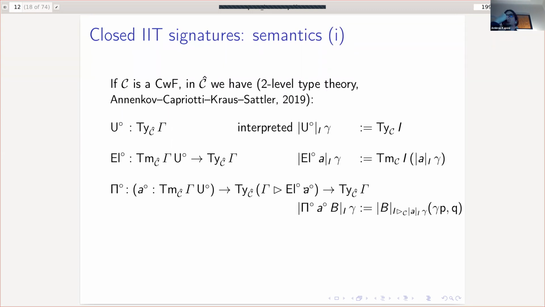Okay. So what is the semantics of this theory of signatures? We now know what a signature is. We've seen how to write down a couple of signatures. What we want to say, eventually, is what it means that a model of type theory, or a CWF, supports signatures. Something that is well known is that if C is a CWF, then in the presheaf model over C,